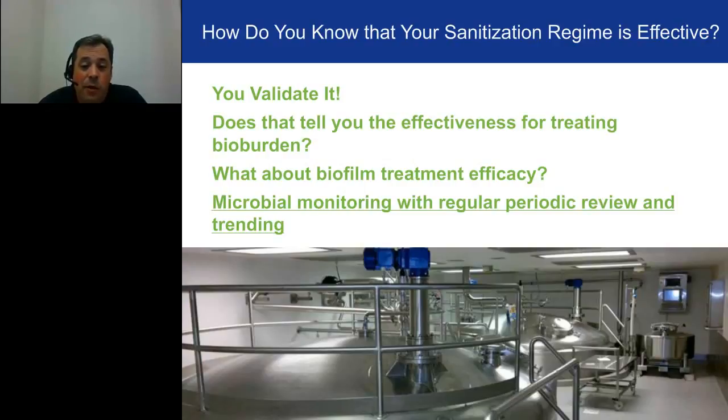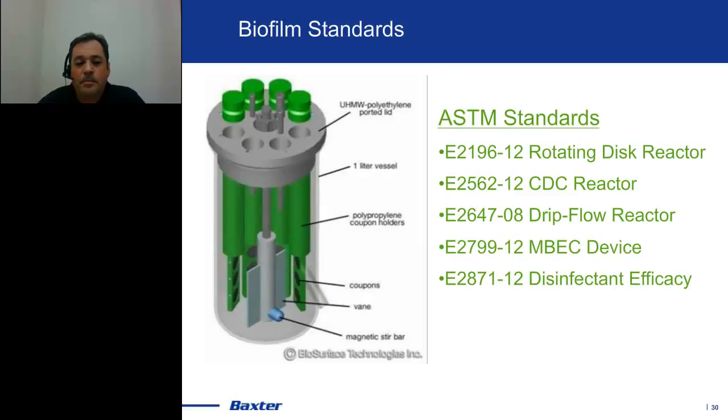That said, those of you who put microbial monitoring and periodic review, that's my preference for really being able over long term to truly tell if you're in a state of control. It's really that long-term trending that gives you a better idea, I think, as to whether you're in overall control. So both of those answers are correct answers. Obviously, the validation is what's currently being done. Hopefully, the companies that are doing this are doing really good jobs with their trending so that they can stay on top of that control.